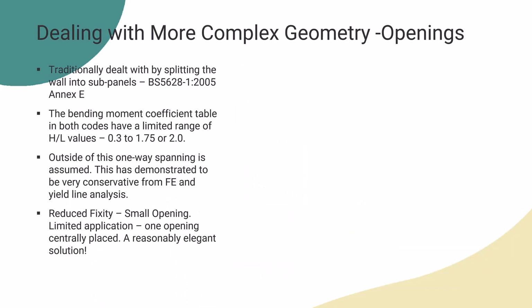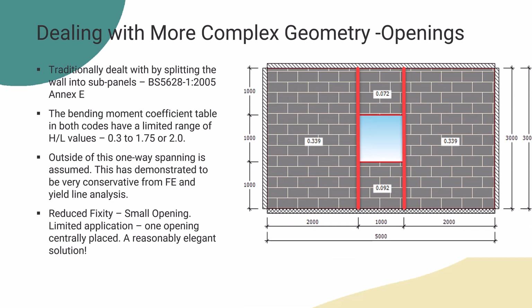So moving on to the more typical problem of not having the luxury of walls that don't have any complexities or openings. They always do. The British standard was the first standard really to talk about how we might deal with this, and it presented a simplified solution for taking the wall and splitting it up into sub-panels, and then dealing with each of the 4 panels that we see here in a similar fashion to how we would deal with an individual panel, using those tables and the codes